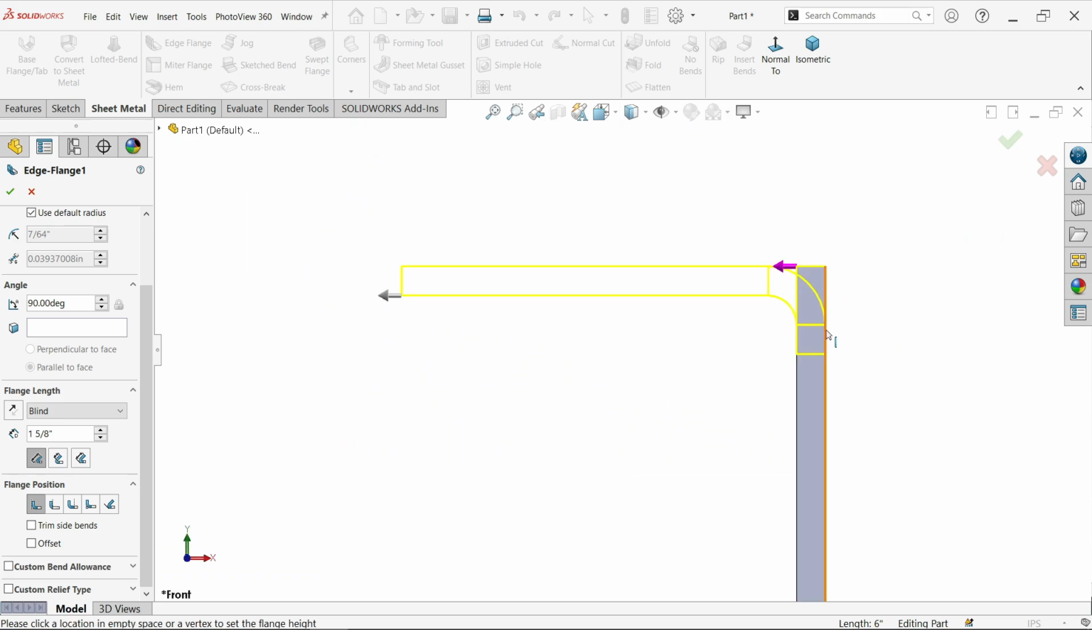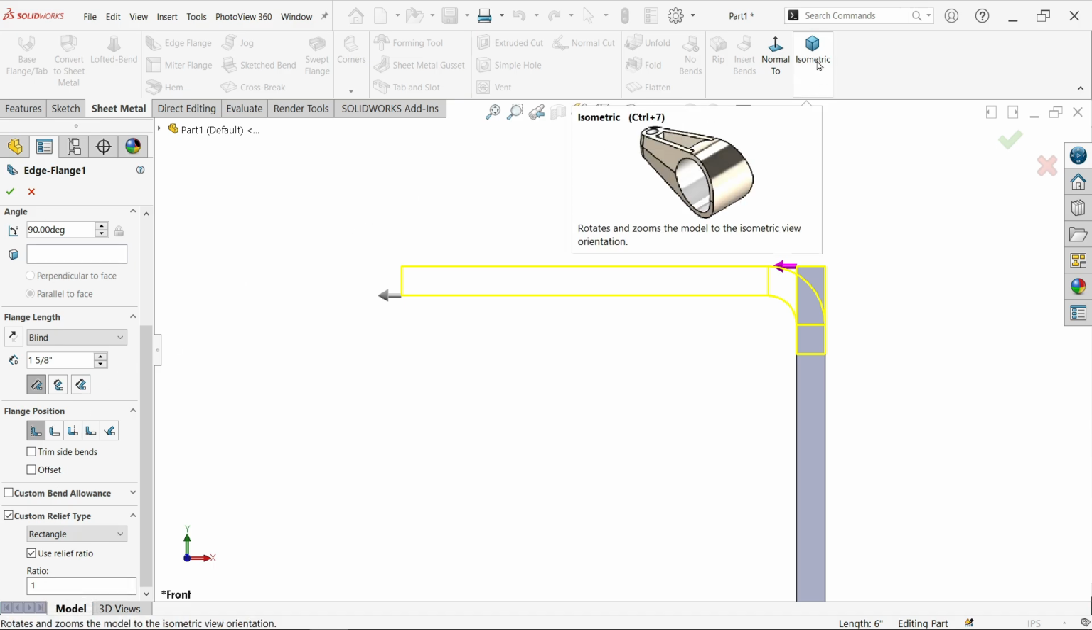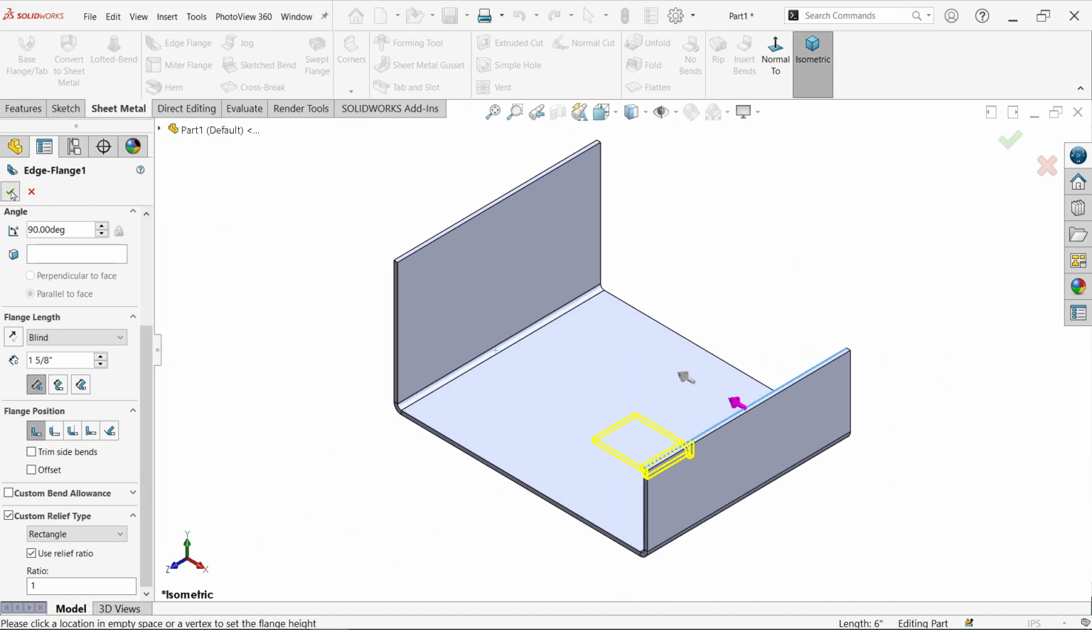Now material should flow inside, so dimension from outer virtual sharp, flange position, material inside. Now corner relief, see we already selected 1 ratio while creating base flange. Okay,